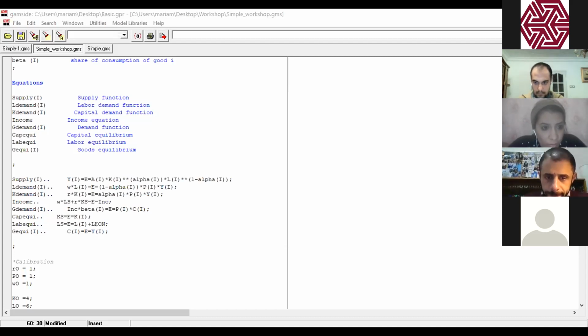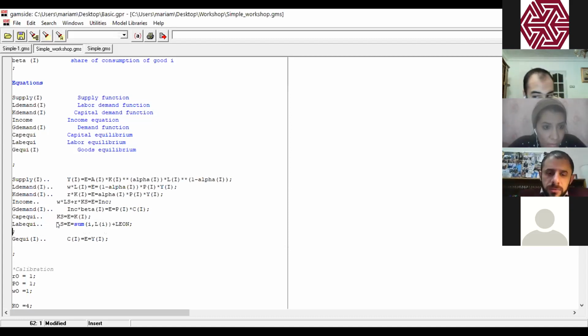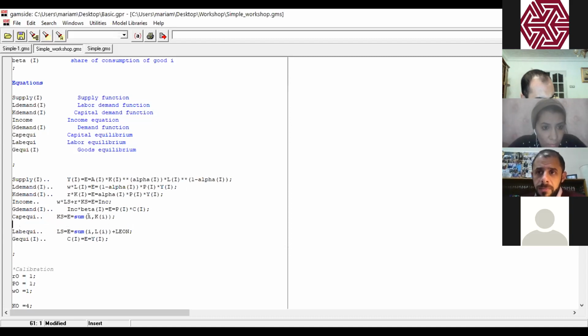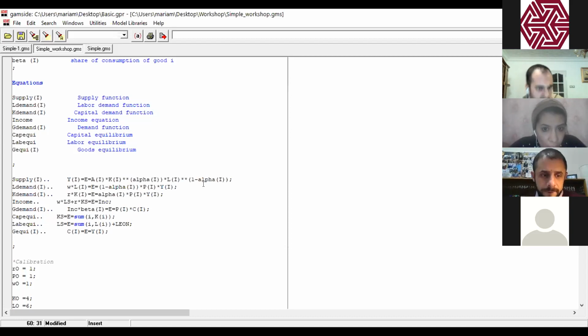So see in the chat box, we need the sum, because now the sum of the labor demand and the sum of the capital demand will be equal to the total capital supply and total labor supply. Exactly. Okay.